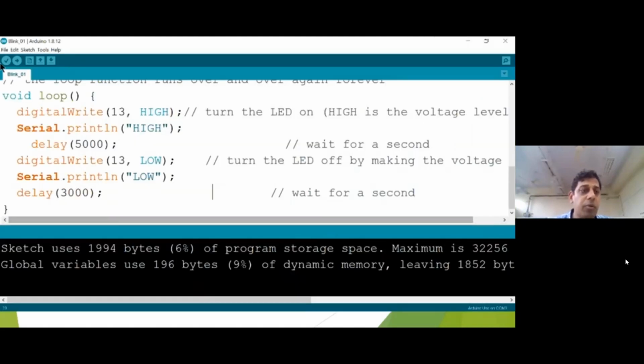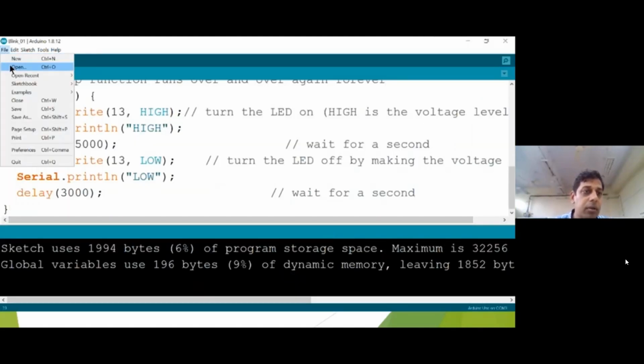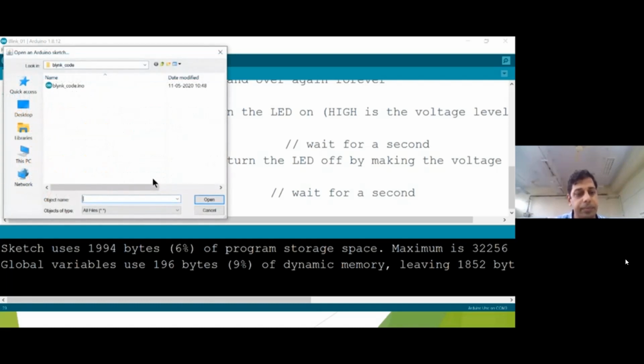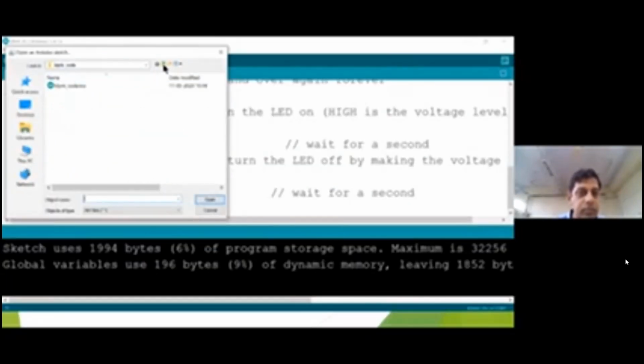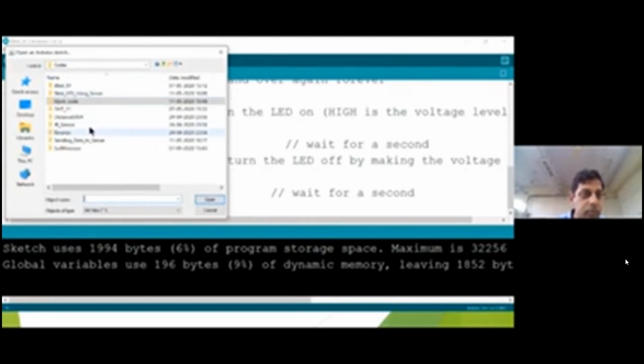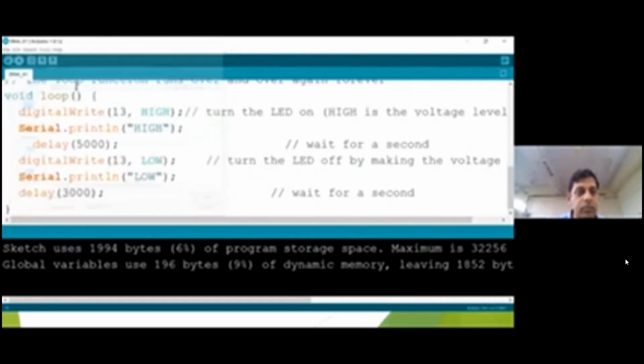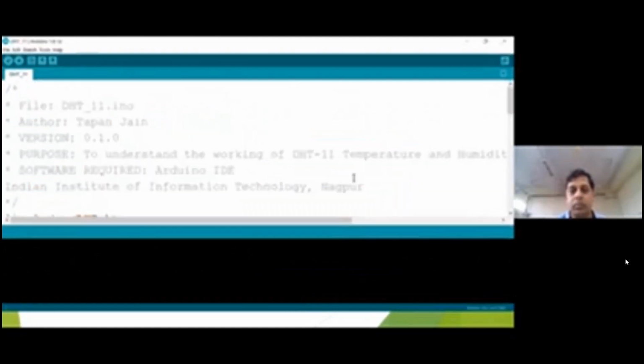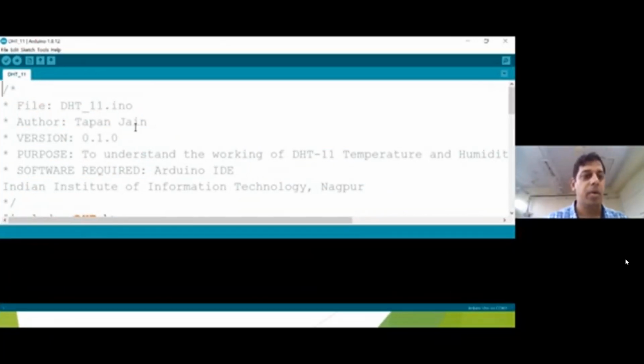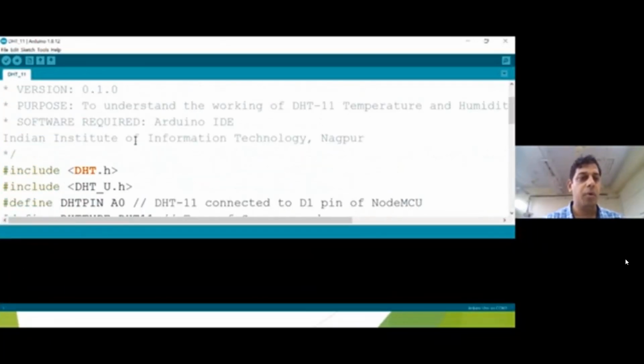So I'll quickly move to the programming part. Okay, this is the programming part.